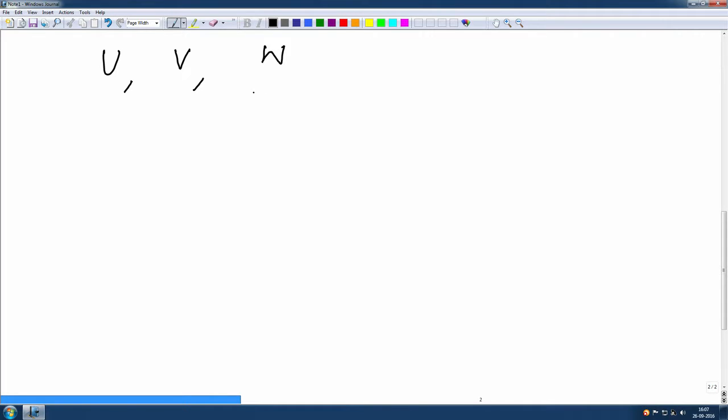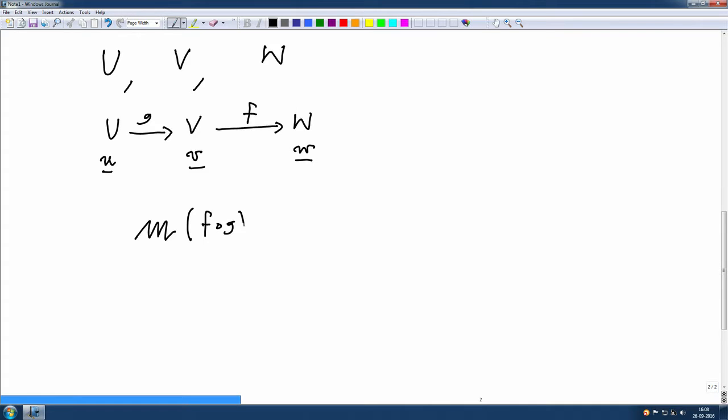And we have linear maps G from U to V and linear map F from V to W, and their bases U, V, W. We do not need to call what the dimension is, they are numbered by a suitable finite indexing set. Then last time we proved that the matrix of the composition, that is F∘G, with respect to